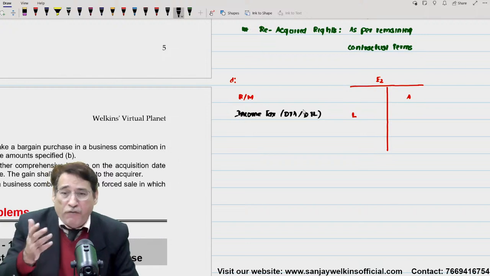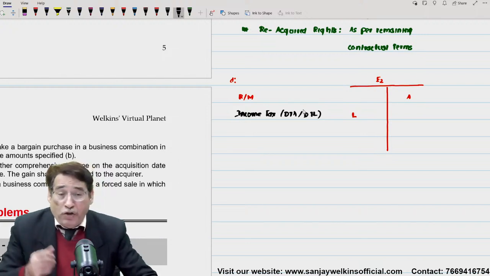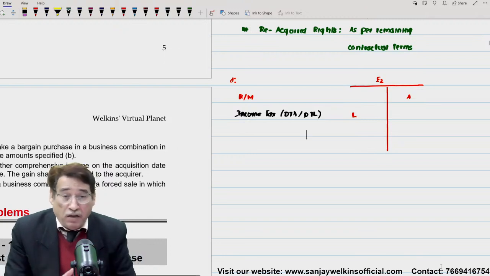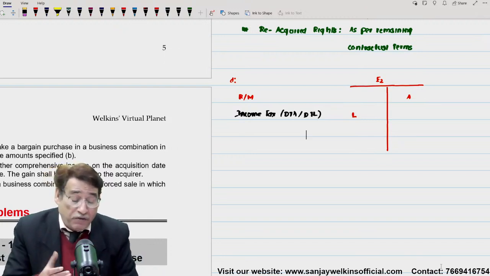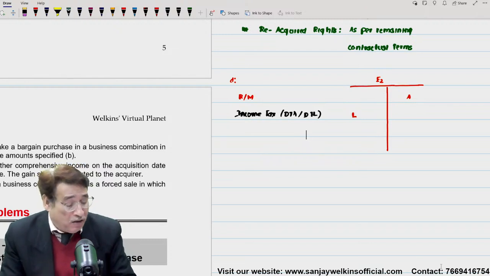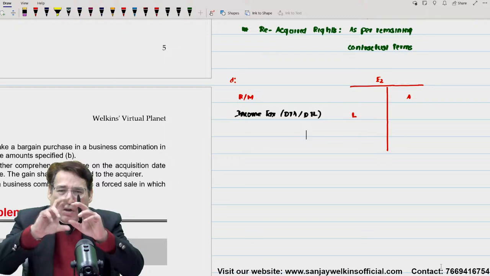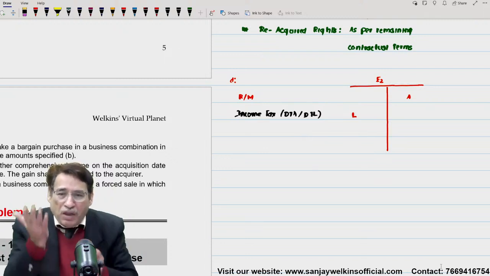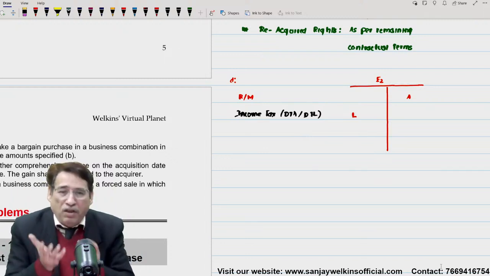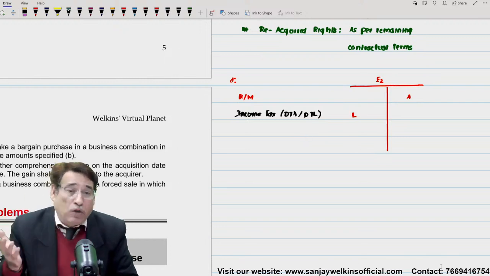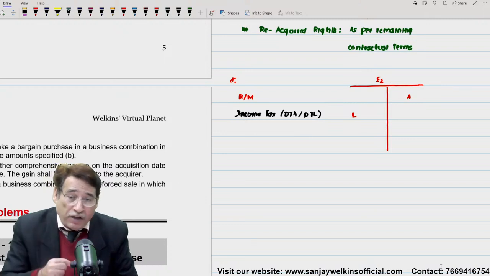Later on, you have Ind AS 12 in your course and you are going to study at great length over there regarding these two concepts, deferred tax asset and deferred tax liability. What happens actually, as you know, when we are going to take over the assets and liabilities of the acquiring company, I have already told you we are going to record them at fair value. Now, because of changes in the fair value, it gives rise to what we call deferred tax asset or deferred tax liability.